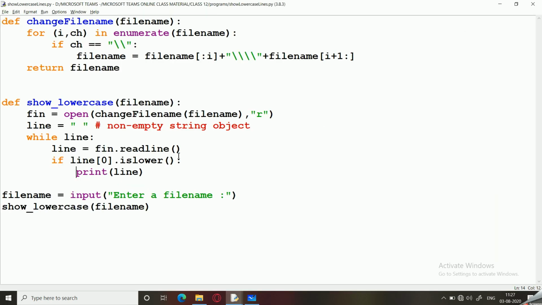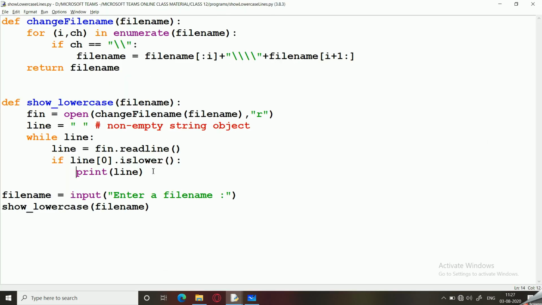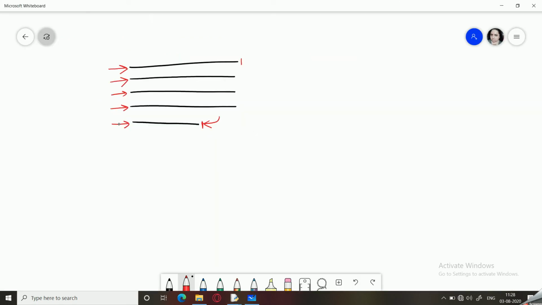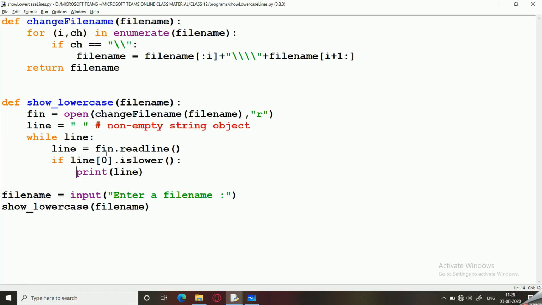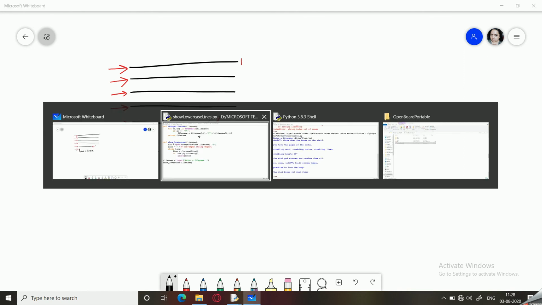And once it sets it over there, now this would be executed successfully because line[0] is what? It is a lower character because line is not empty. So this will execute successfully, line will be printed. Now again we go back, so still line is non-empty because it still contains this line. So now again a line is read. So now during the next read operation, the pointer was set over here at the end of the file. So now what is read in the line? Your line will contain nothing now because there is nothing to read.